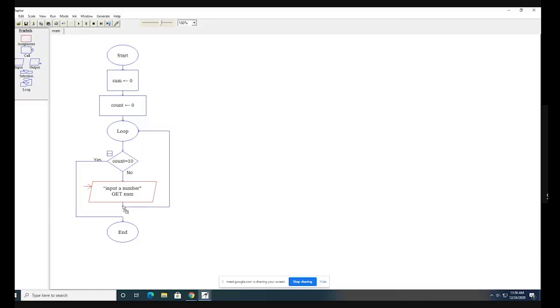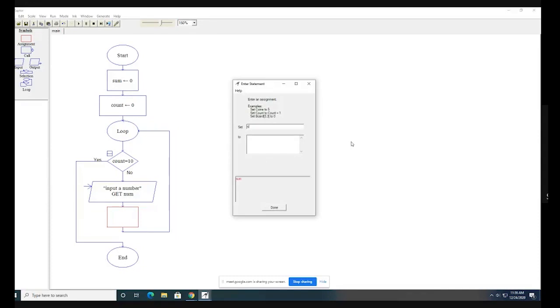So I have taken a processing box. So here sum is equal to sum plus num. So sum plus num means the previous value of sum will get added to the new num.